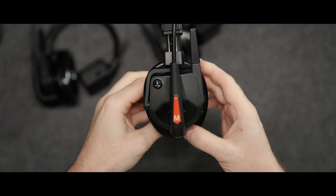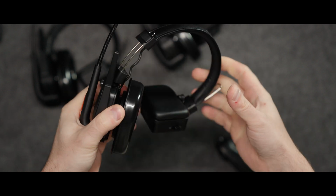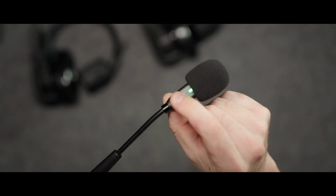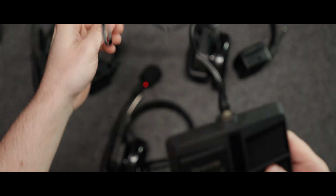Let's check out the main selling points first. You can use up to 9 headsets within one group, hub-free. It has a dual antenna setup for up to 500 meters of range. A 3.5mm input enables cascading team communication in between groups from one master headset and of course monitoring from a